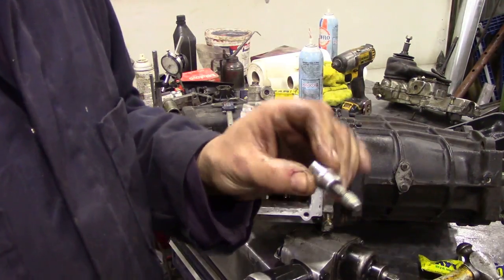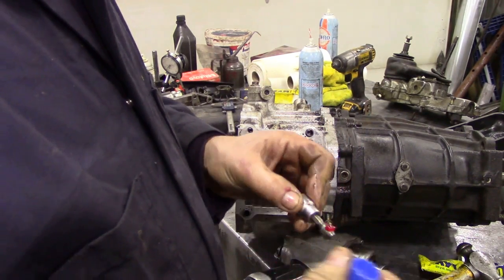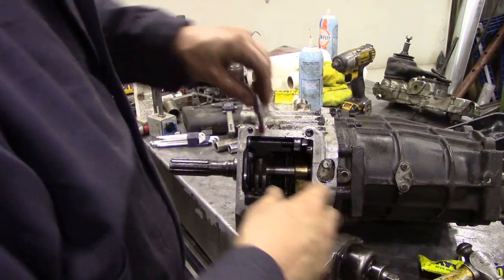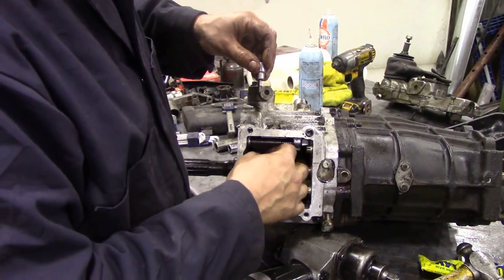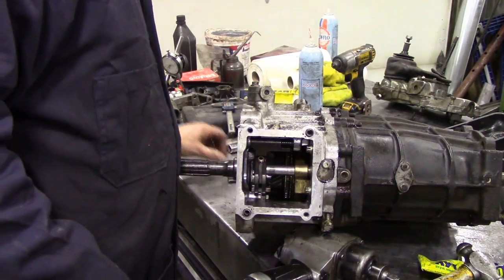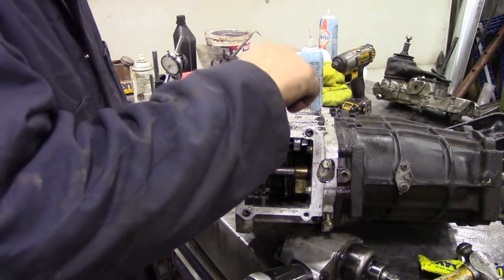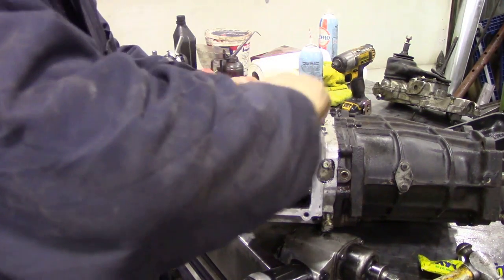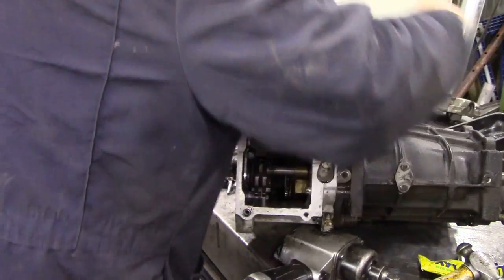The next thing is to put the grub screw back in. Now, Land Rover recommend putting a new grub screw in, but again, if you haven't got one, bit of thread locker on there, and then locate the shaft and see if we can get that started and pulled down. Sometimes it might be easier just to use one of these Allen keys with a little ball on, just to get started, so we can turn the shaft around a little bit. That's going in lovely. Wipe off that excess,